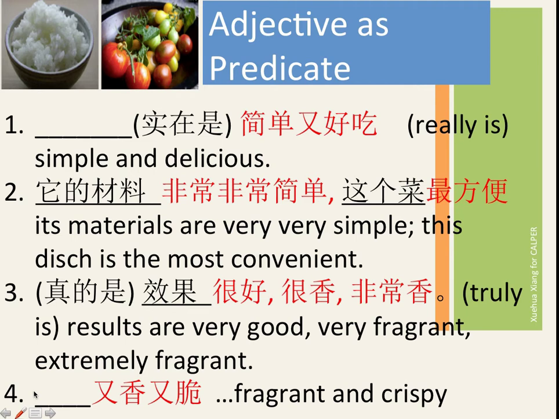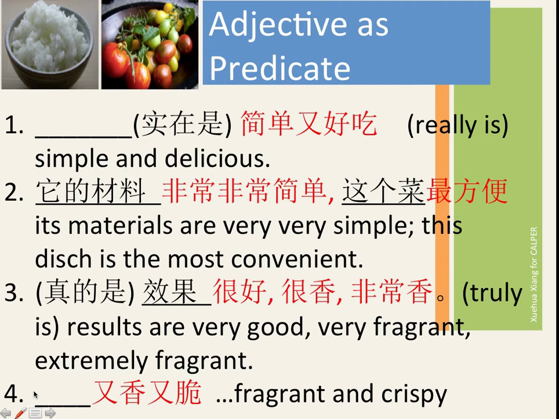Number 3, similar pattern where we have the subject noun phrase followed by adjectives, a bunch of them as predicates, as the information we are focusing on. So for example, really the results are very good, very aromatic. 真的是效果很好，很香，非常香。 All these are predicates to talk about the result, 效果。 Number 4, something 又香又脆。